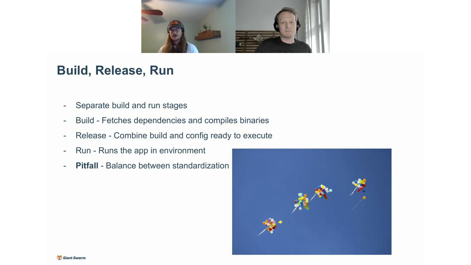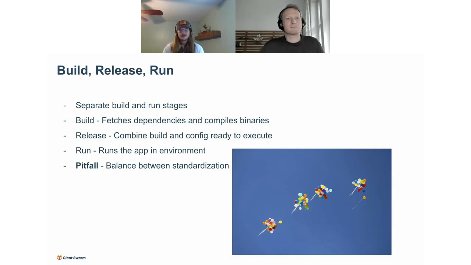And as part of this, similar to what we were talking about, the 30 minutes that we were waiting for that production service to upgrade, this is where we could take advantage of that. This is where we see that segmentation. So just separating the build and run stages. Very simply, we can just say it's fetching dependencies, compiling the binaries on the build, and then the run is the actual execution of it, with release in the middle being the tagging that we were talking about earlier. So we know essentially what that is, we know what code is running, we know what config that is.